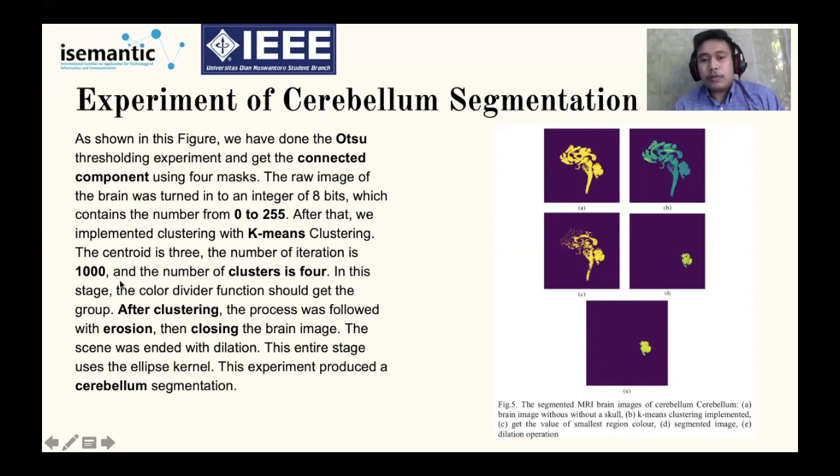After the clustering, we go to erosion and closing. The output is like this one. After that, we go to dilation to enrich the color quantization to get the cerebellum segmentation.